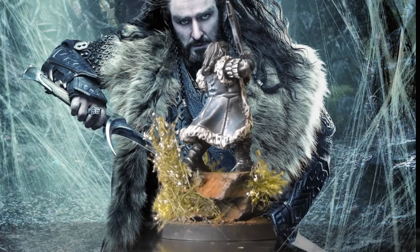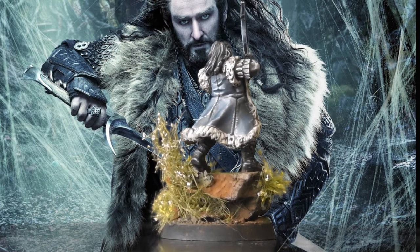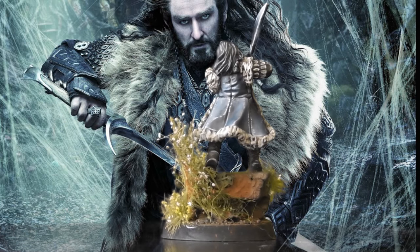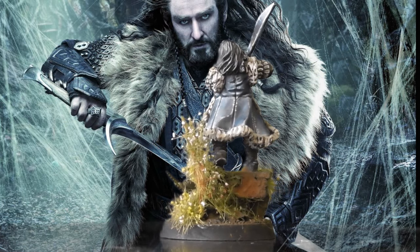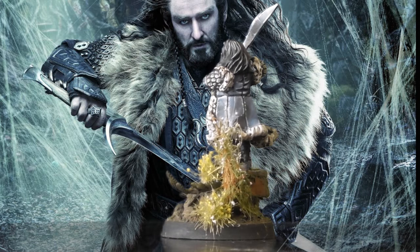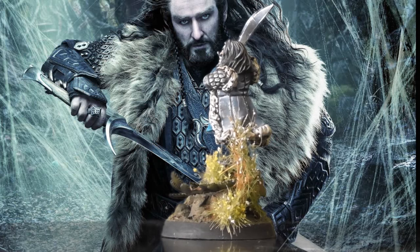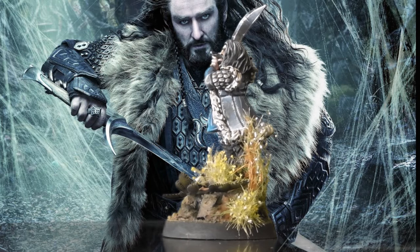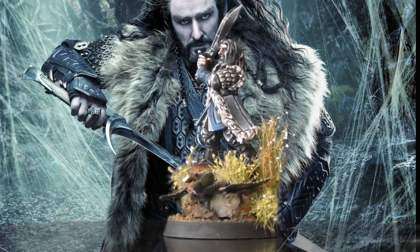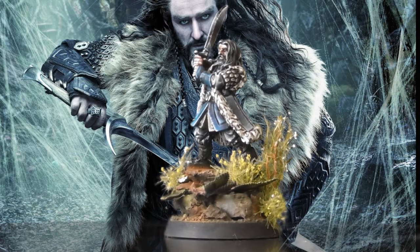I mean, the bases. She was worried that the bases were a little bit too busy, which, do you know what? Maybe they're more busy than what I would do them personally for gaming purposes, but they look amazing. I might even try and magnetise them so I can use these bases for when they're on display and put them on just lower bases for gaming purposes, and I really can't wait to get these guys into a